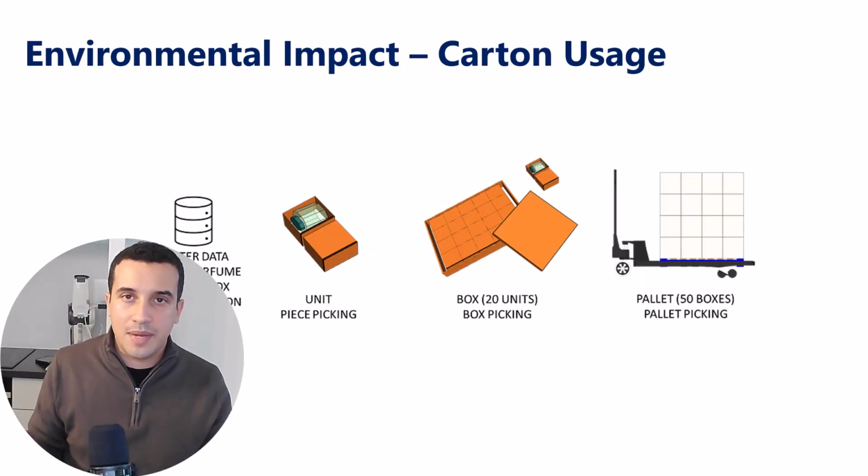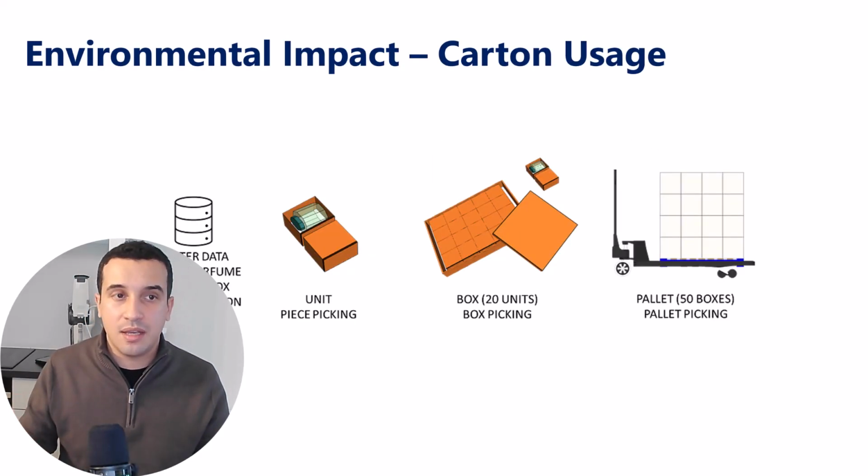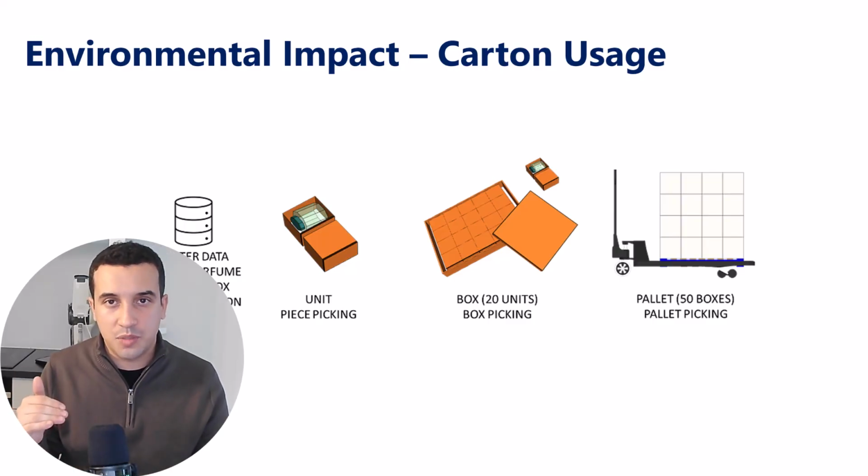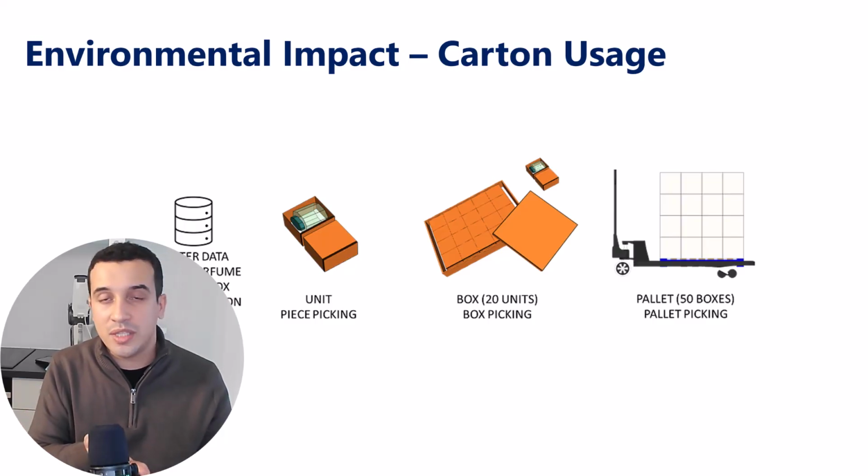These inventory management rules will impact the efficiency of your distribution chain. So for instance, we are talking about carton usage. Let's imagine that you are replenishing at a very high frequency. That means the quantity per replenishment is very low. For instance, for this reference, where you have 20 units per box,